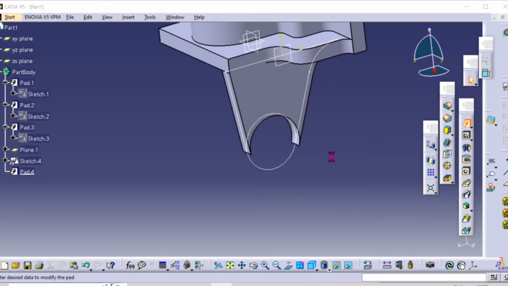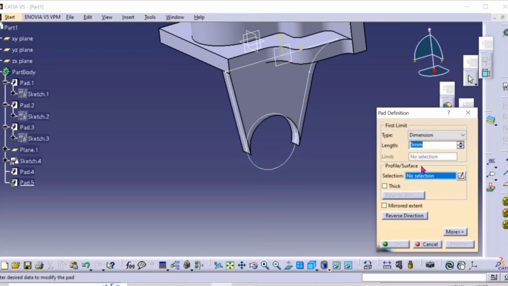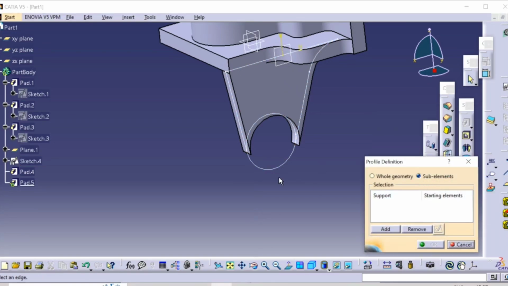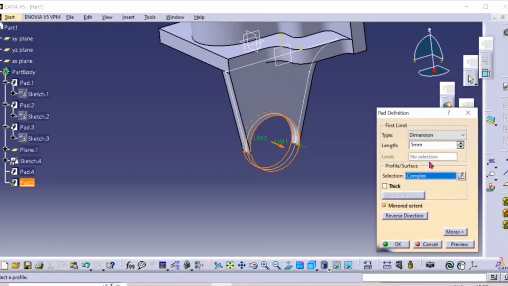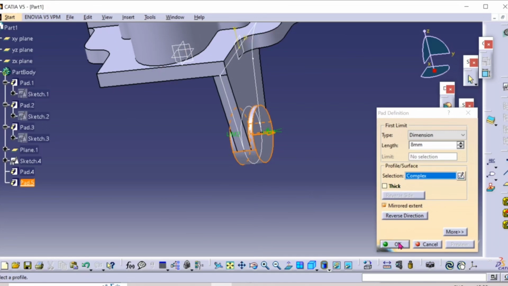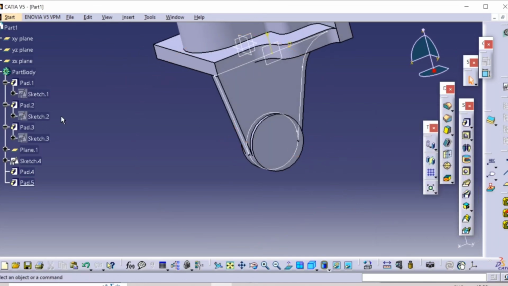Now again select the pad option, go to profile definition, select this one and this one. Now mirror extend 8 mm like this. Okay,